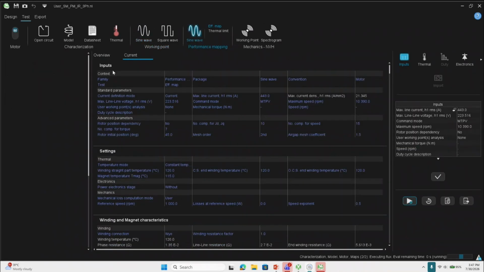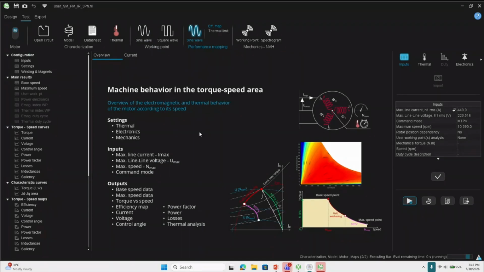performance mapping test. Okay. So wherein we can basically see the overview of the electromagnetic and thermal behavior of the motor according to its speed. So we'll basically get the efficiency maps here. So they give us an estimate of the machine behavior at different speed or torque operating points. The map envelope represents the domain in which the machine basically operates. So we can,